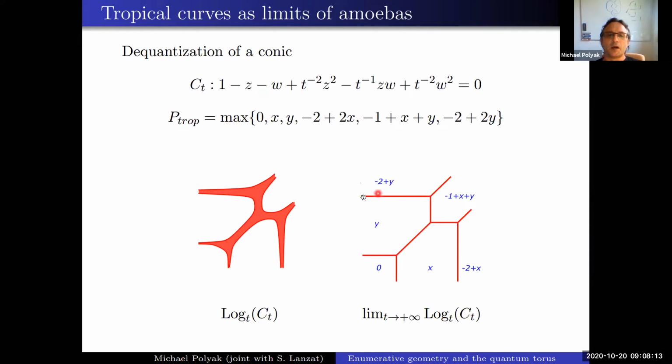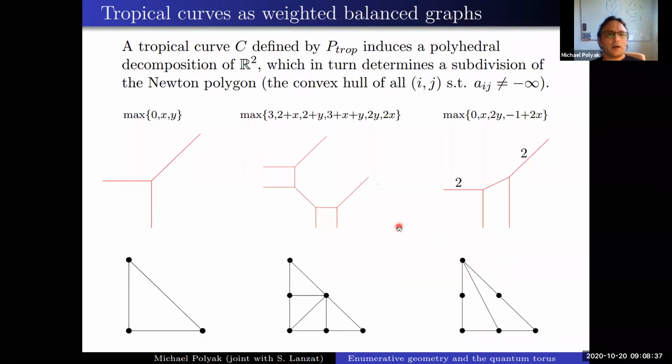So this amoeba switches to the graph, and edges of the graph are exactly the corner locus where the maximal value switches from one monomial here, say minus 2 plus, probably plus 2y, sorry, to this one, or from y to 0, etc. So these tropical curves look like such graphs with certain restrictions on them,